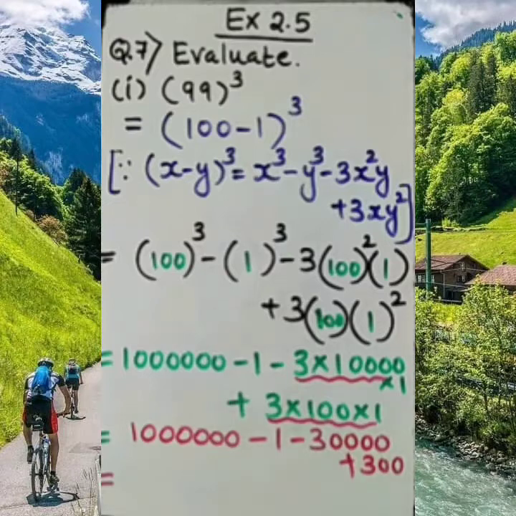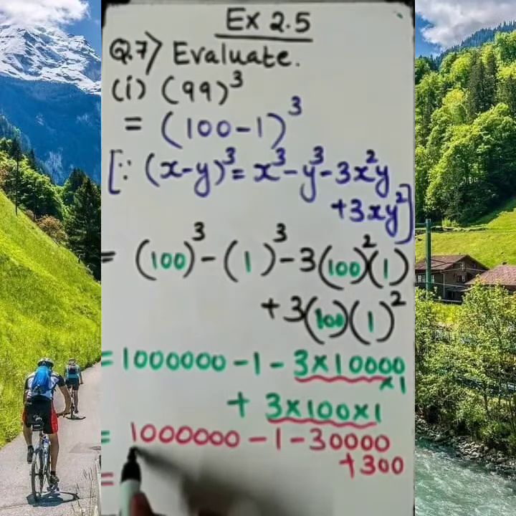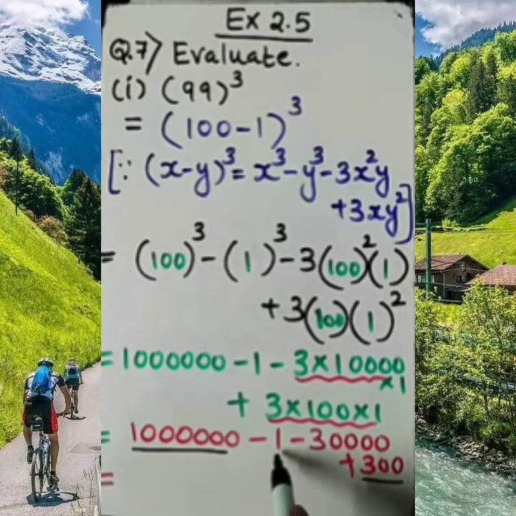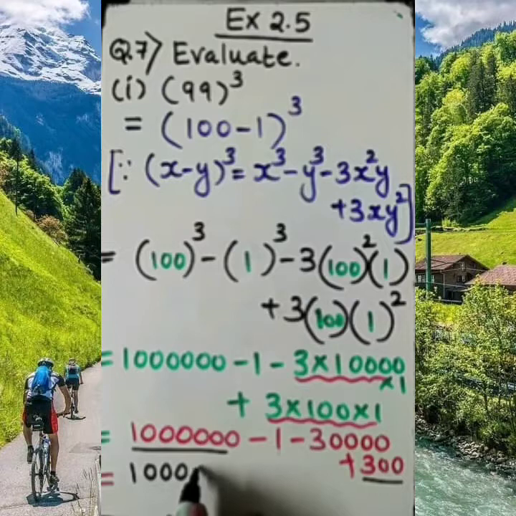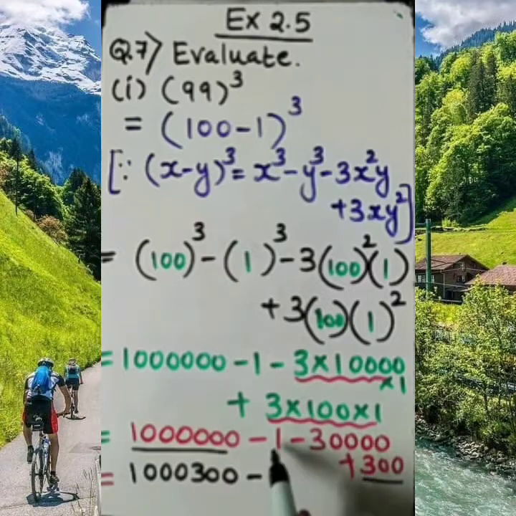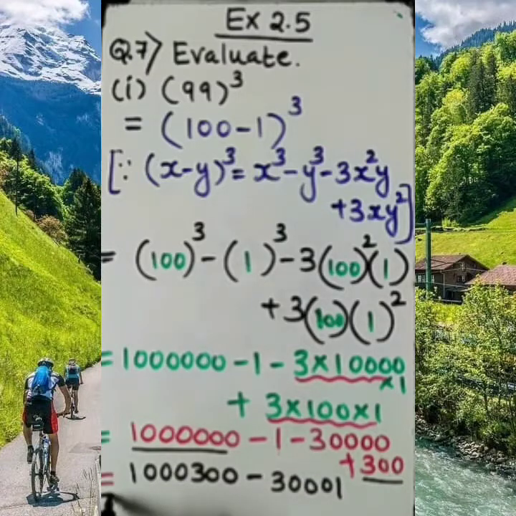In that, you can see which numbers are connected with addition. These two numbers are plus, so we need to add these two numbers. So we will have here 1,000,000 and 300 we are adding in that. And let's add this one, because this is minus, minus, plus, so I need to write it here 30,001. Fine. Now let's subtract it. As you know, dear students, 0 minus 1 is not possible. So borrow from here. 10 minus 1 gives the result 9. Here it will be 9 and here 2 will be left.